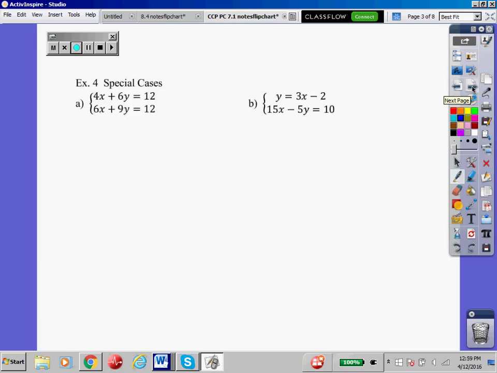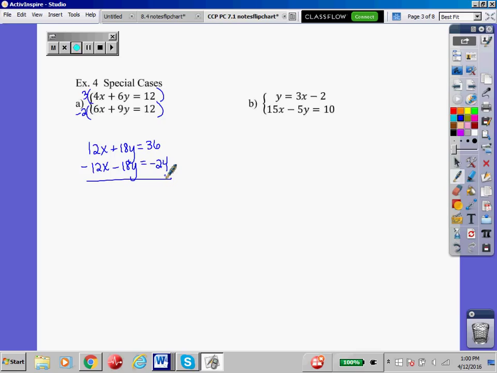So in example 4, letter A, let's choose to get rid of x. So if I multiply the top row by a 3 and the bottom row by -2, I get 12x plus 18y equals 36. The bottom row is negative 12x minus 18y equals negative 24. I chose to get rid of x, and you're looking for combinations of numbers that are going to make the coefficients of x to be the same thing, except one's a plus and one's a minus. I could have gotten rid of y,